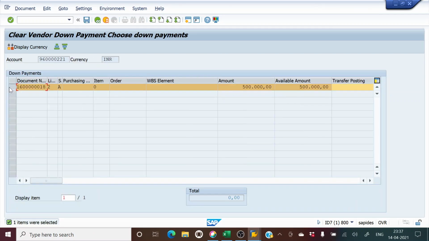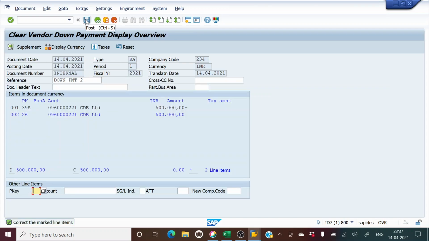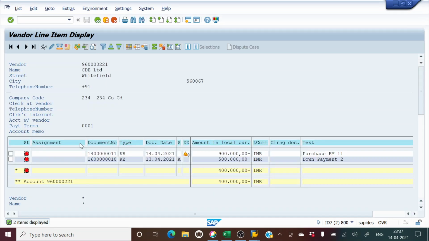What we have to do is select this. If you see that the 5 lakh we are setting off, we have to select this line, and we will post this. So now what we will see is that the special GL account will go. We are taking this off against the special GL account. So if we refresh this,